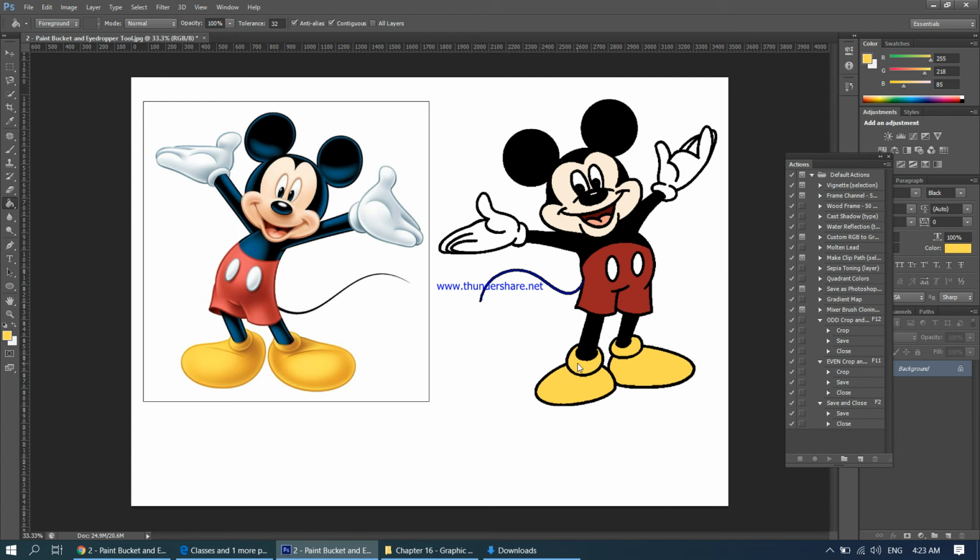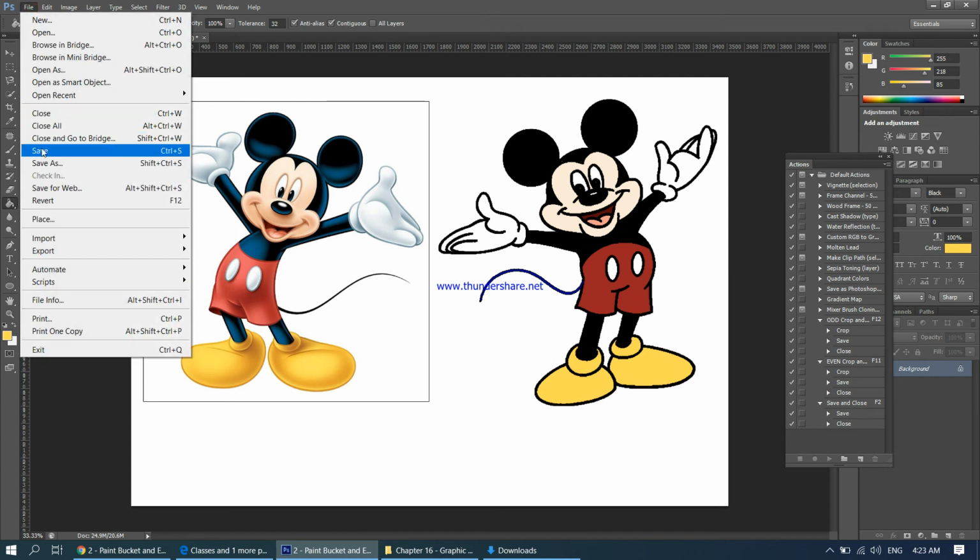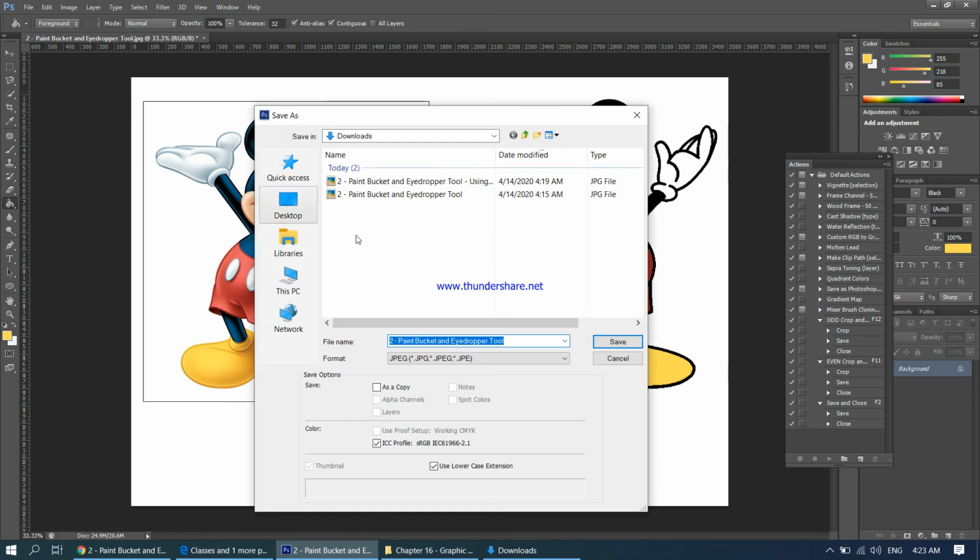Once you're done, this is how you'll be saving the image. You'll be coming to File, then Save As. Don't click Save, because then the original image will be lost. So click on File, Save As. We name this as using Paint now. So we just save this as using